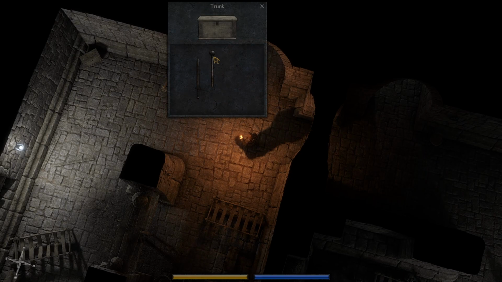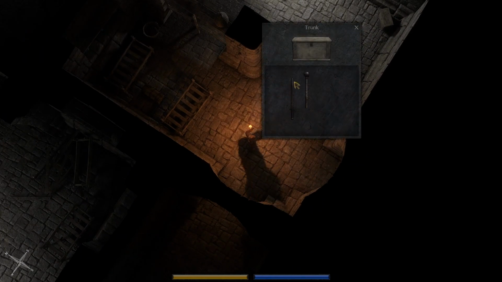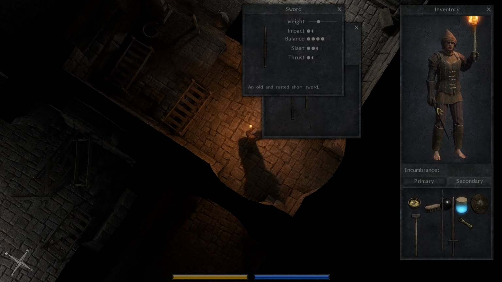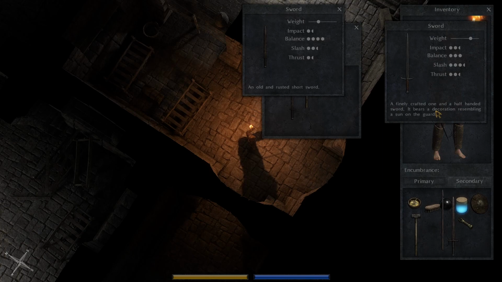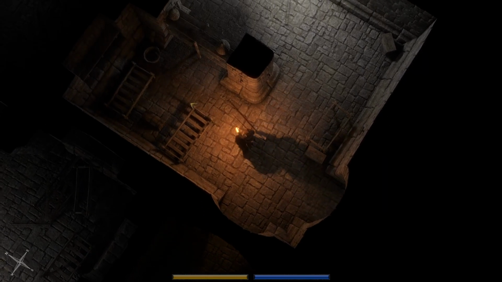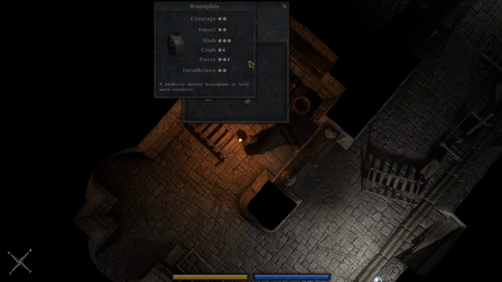Alright, one-handed sword and another ball mace here, but we don't need either one of these. Even though... are the stats usually that good? I mean, ours are still better, but eh. And I don't think I'll be dual wielding. I think I'll be using a shield later, as I mentioned before, so...